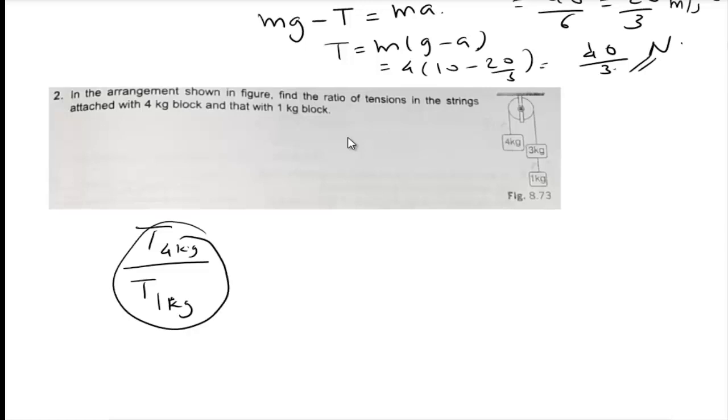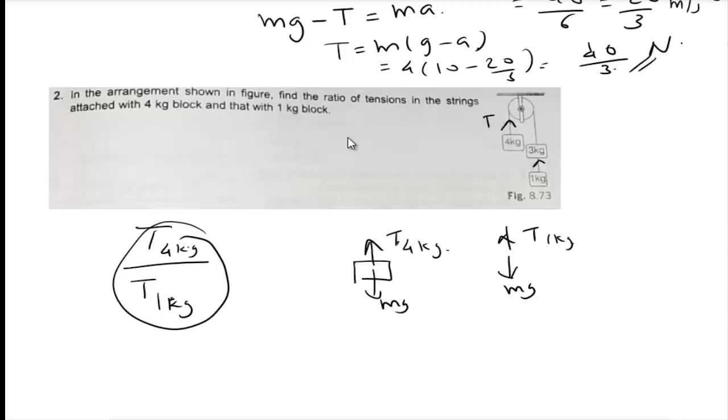Okay, so here first we will consider T1. What is the tension attached with the 4 kilogram mass? See, through the 4 kilogram the tension is acting in the upward direction, and from the 1 kilogram also it is acting upward. What are the other forces acting on it? It is not moving, right? No movement is given over there. So here mg is acting downward, T is acting upwards. And here mg is acting downwards and the tension T at 1 kilogram is acting upwards. Here also T at 4 kilogram is acting in the upward direction.